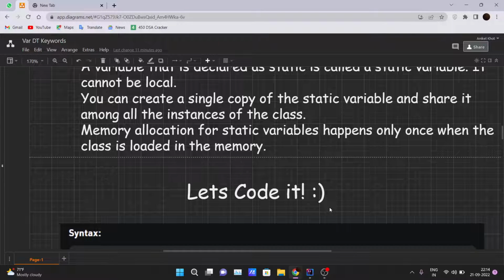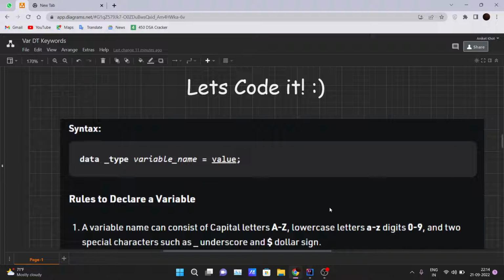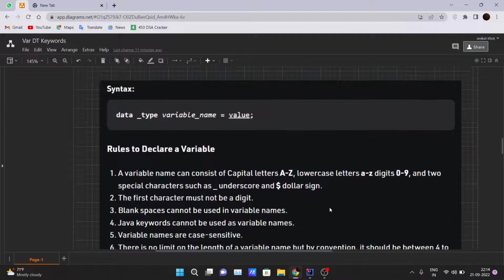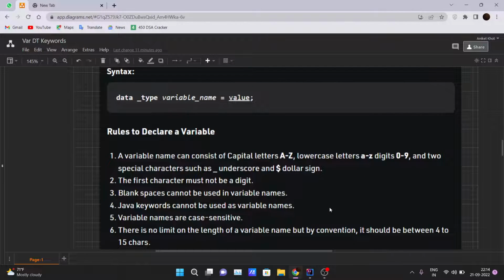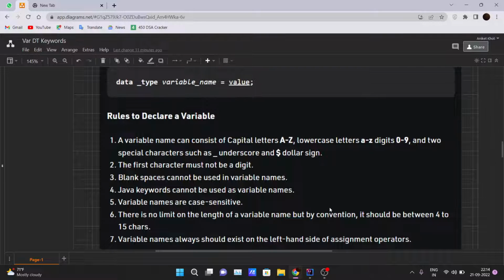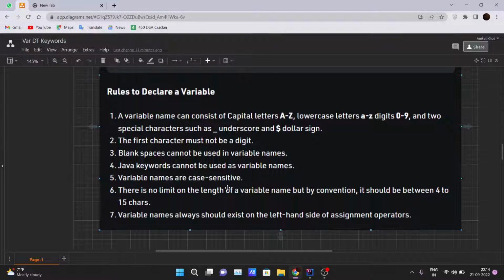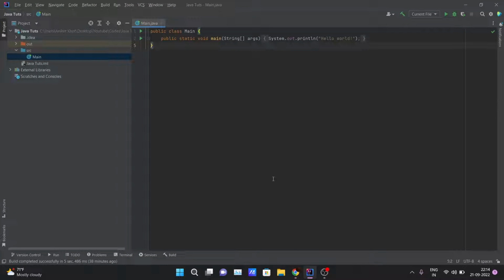Okay, so enough talking about the theoretical part. Let's just get into your IDE and code it out. During the coding implementation, I will be discussing some variable rules to declare a variable. There are some 6 to 7 rules which you need to keep in mind while declaring a variable. Okay, so just open your IDE and create one new project and create one new file here,